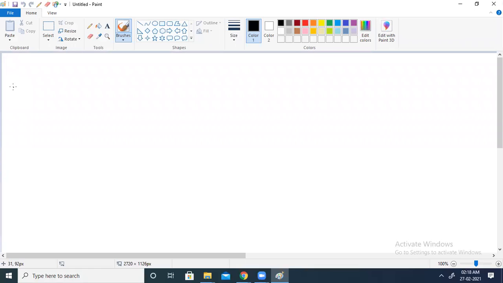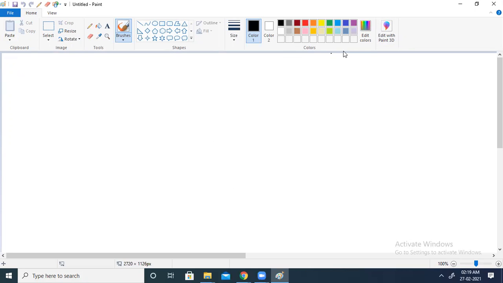Now this is the Paint button through which you can do the paint. These are the three tabs available in Paint. This is your drawing area where you can do your drawing, and this is the colors group, from where we will select the color for our drawing.